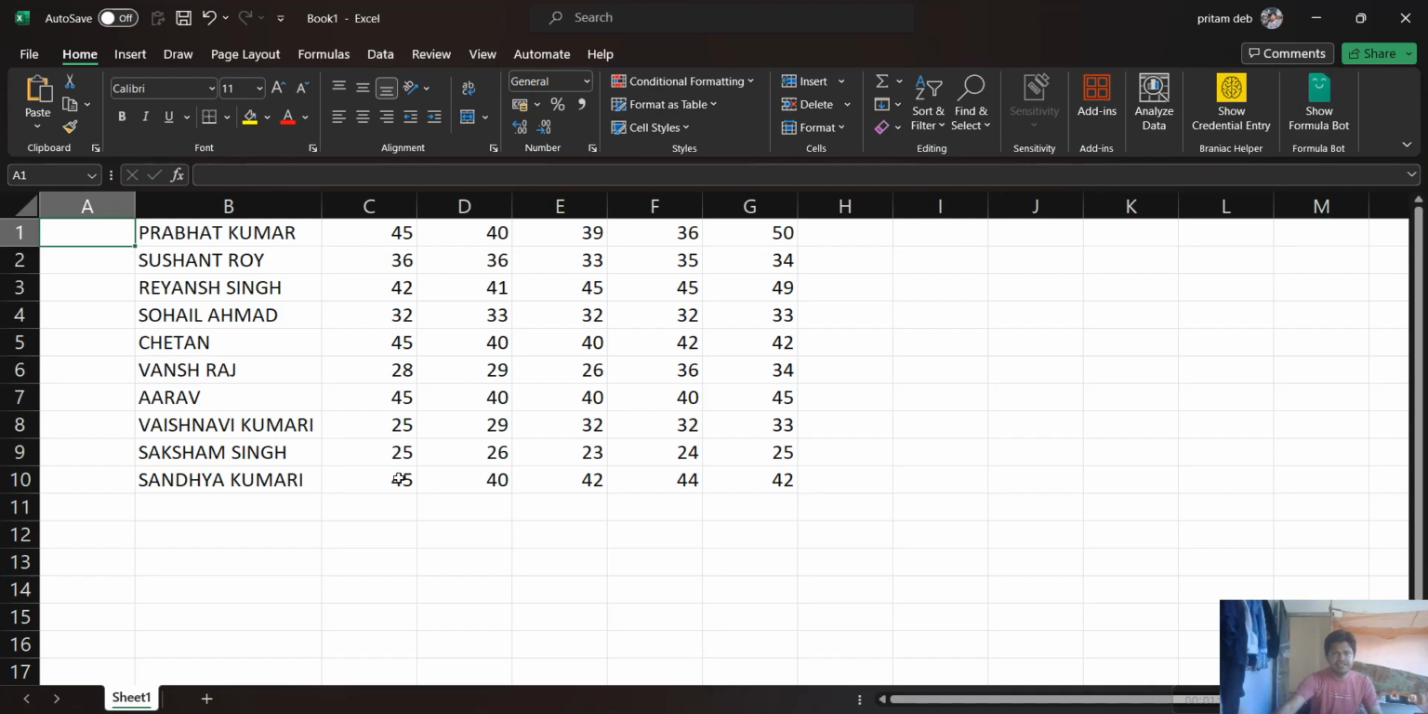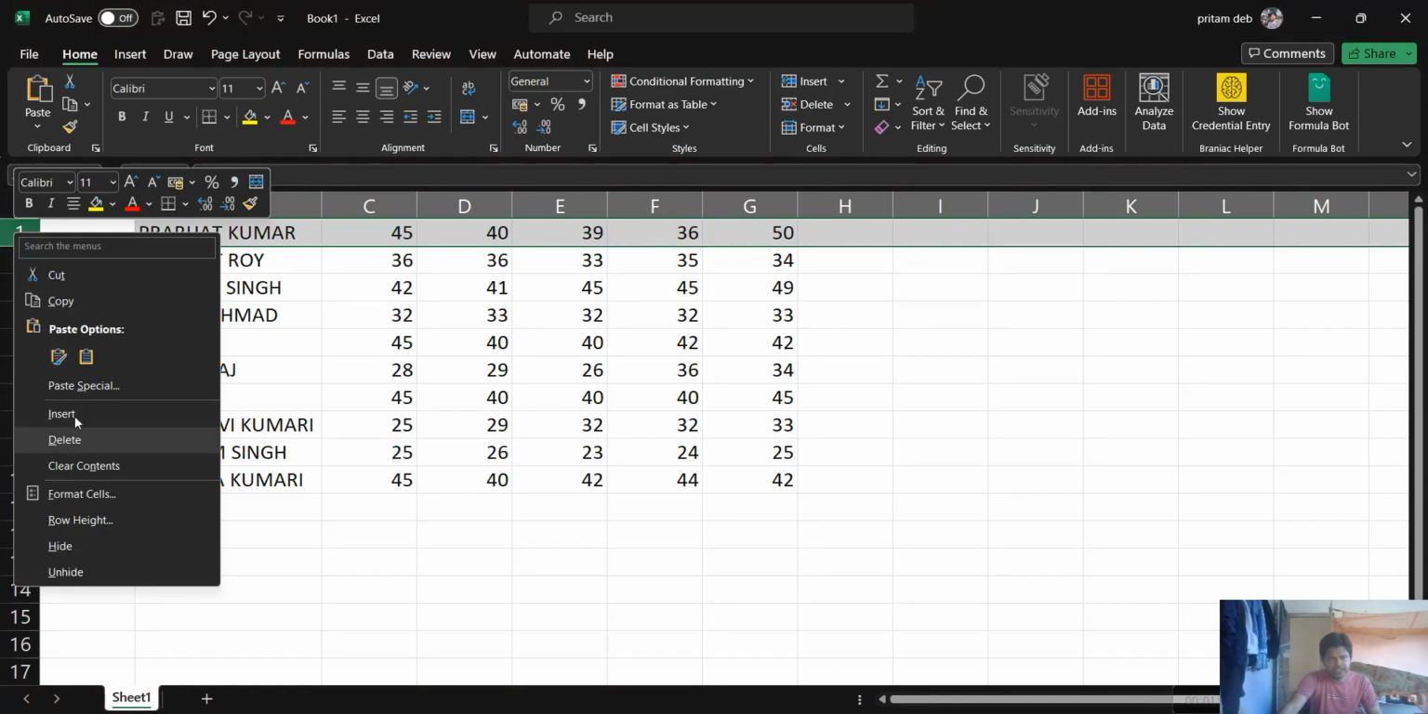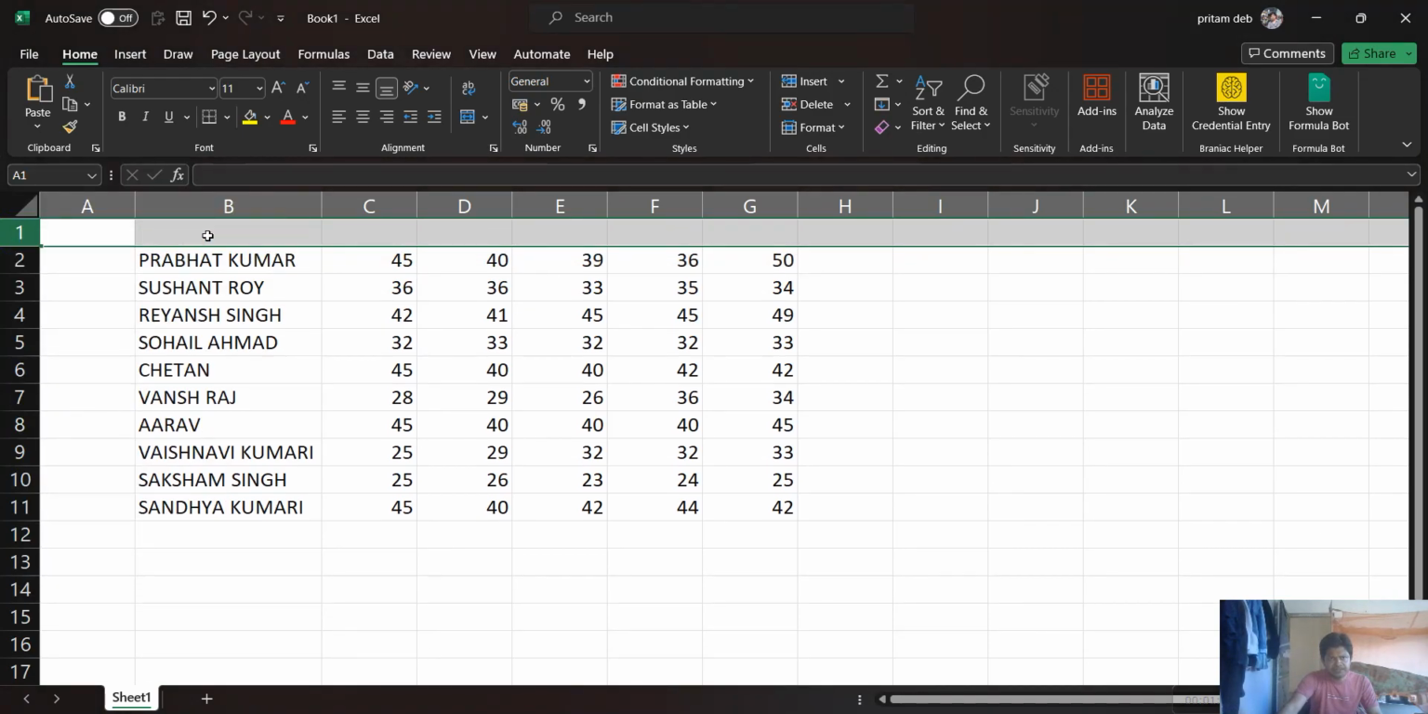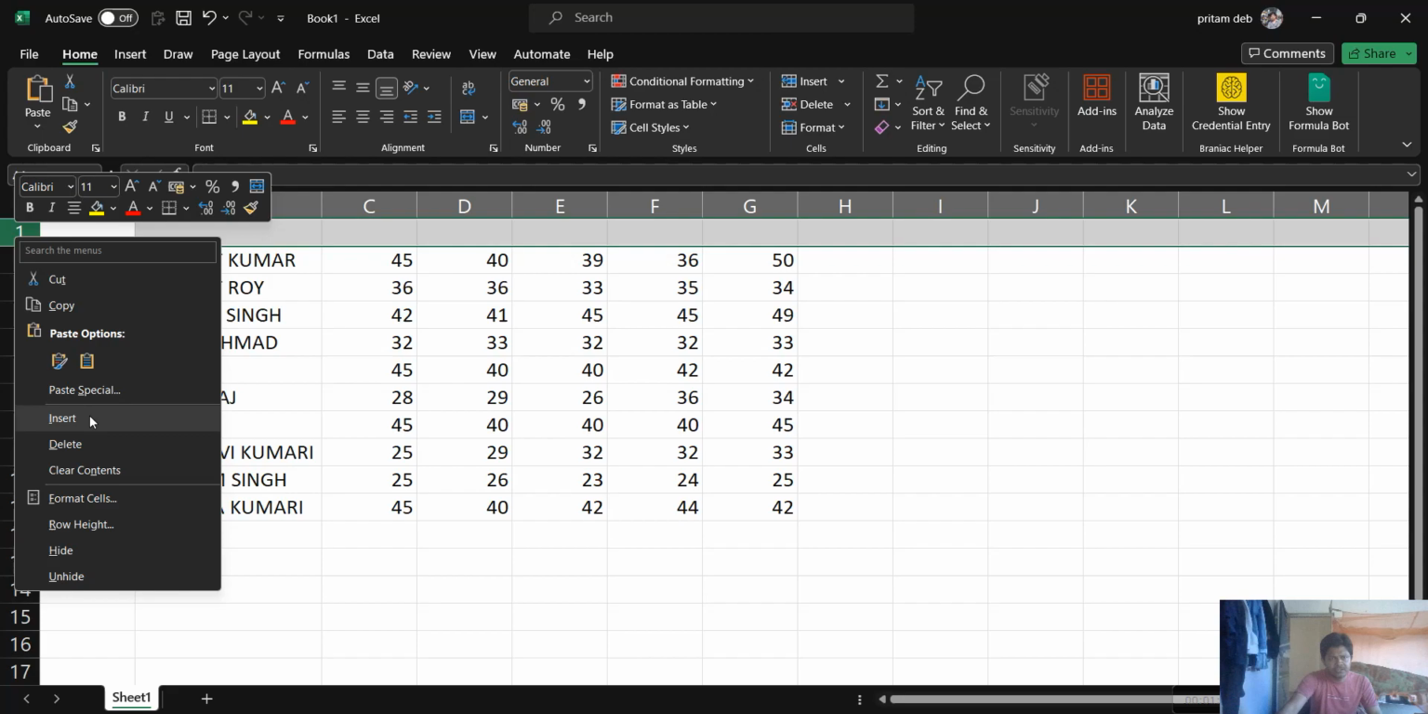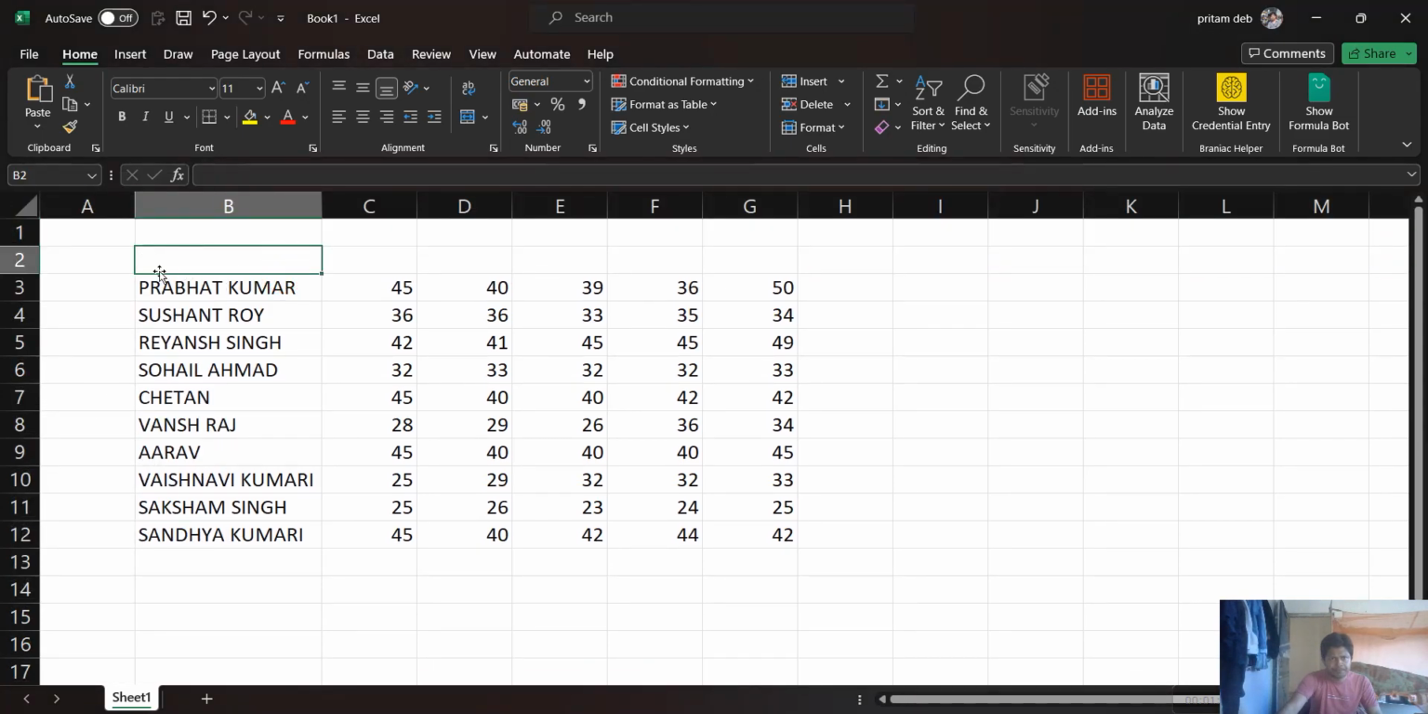So now what I need is to give some space on the top. For that, what I'm going to do here is insert and one more insert. Alright. So here I'm going to write the serial number, name,